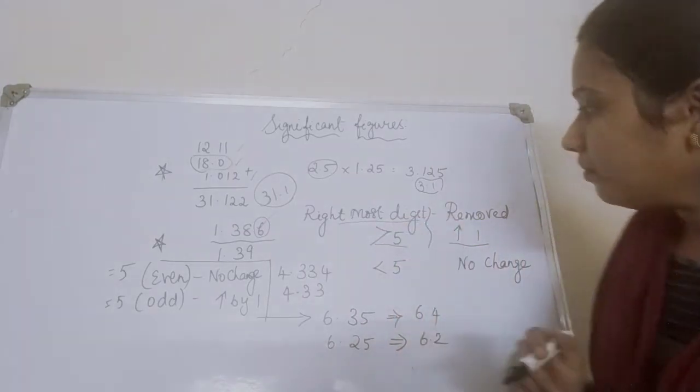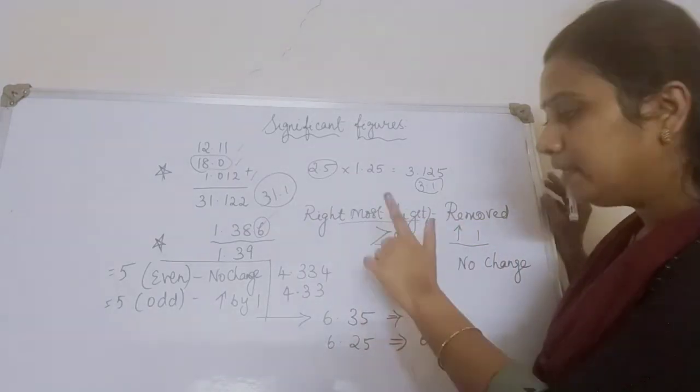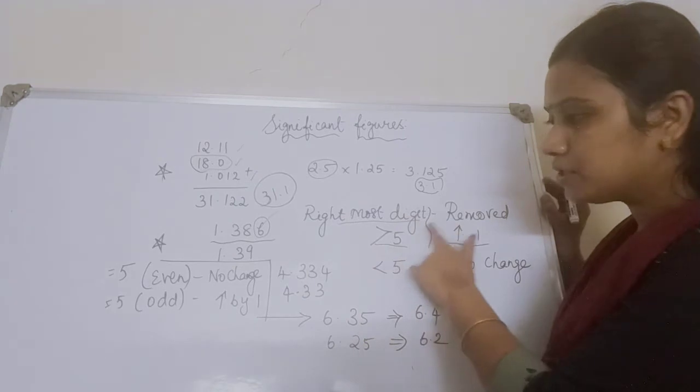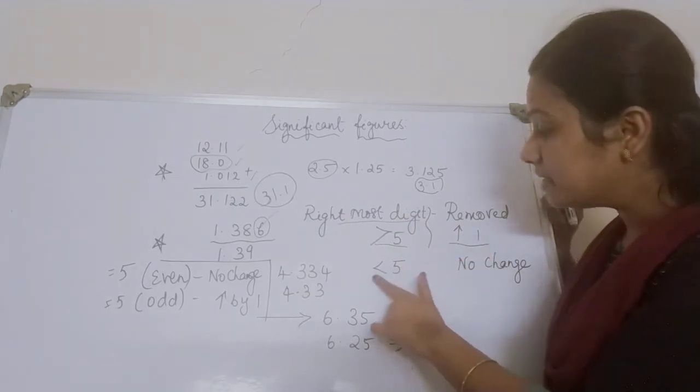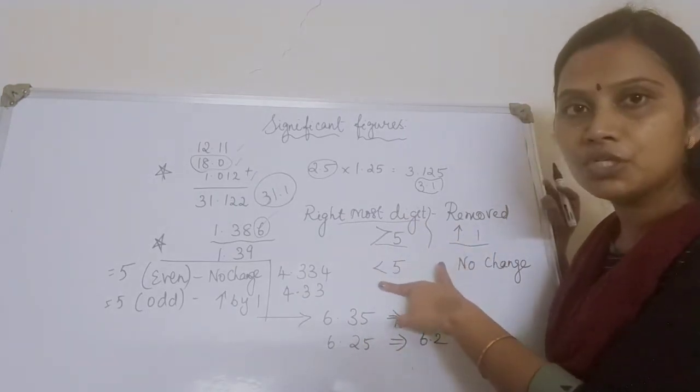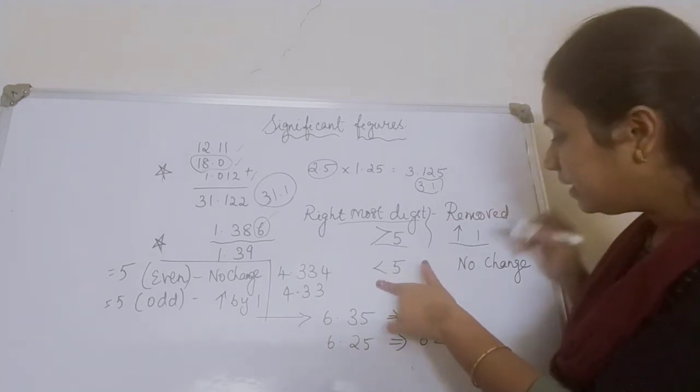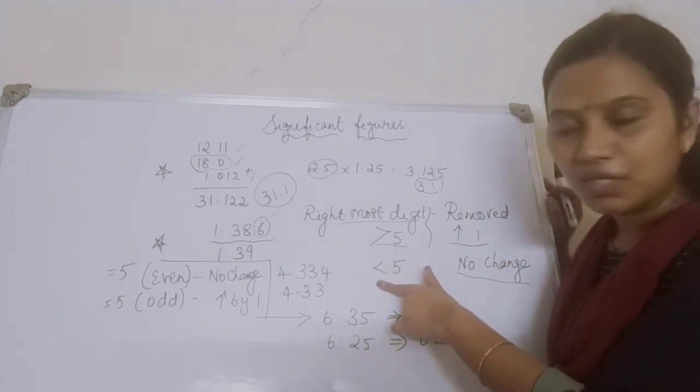Clear? Now moving to the second case. Here also the rightmost digit is to be removed, but here it is less than 5. The rightmost digit to be removed is less than 5. In that case there is no change. Say for example,